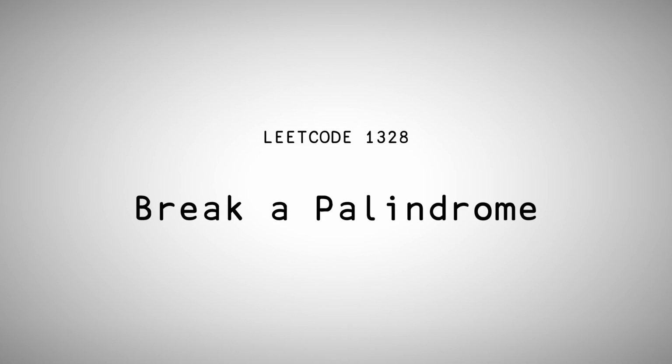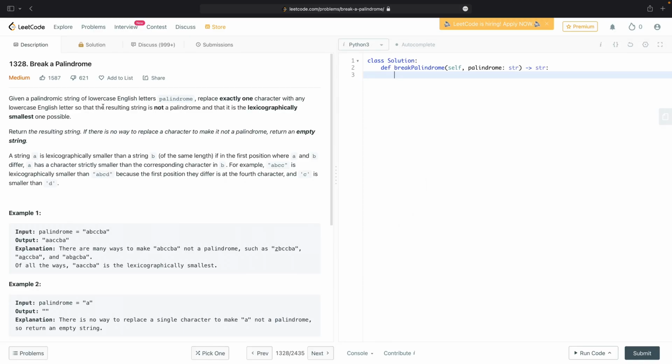Today we are doing the Break a Palindrome problem. Given a palindromic string of lowercase English letters, replace exactly one character with any lowercase English letter so that the resulting string is not a palindrome and that it is the lexicographically smallest one possible. Return the resulting string. If there is no way to replace a character to make it not a palindrome, return